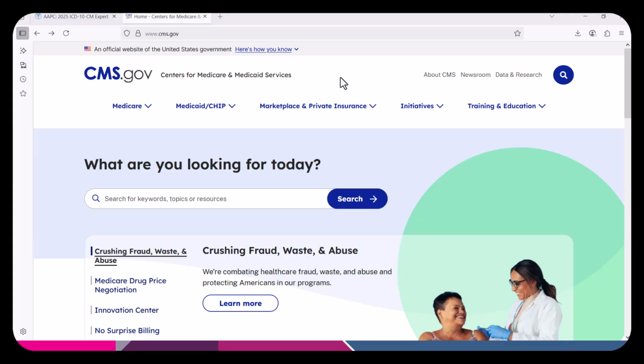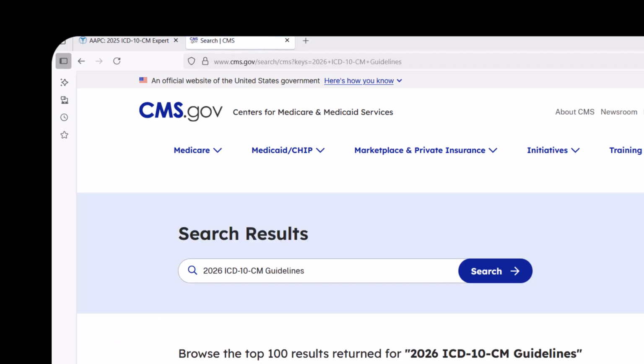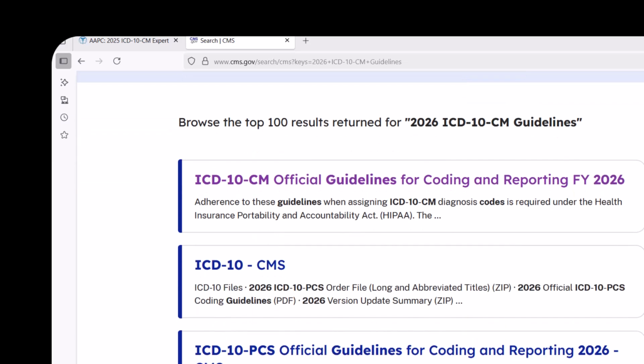Now, these are the guidelines that take effect as of October 1st of this year, and they stay in effect until September 30th of 2026. You go to cms.gov, then when you get in the search area, put in 2026 ICD-10 CM Guidelines. What you'll find here are not only those guidelines, but you'll also see guidelines for PCS, so